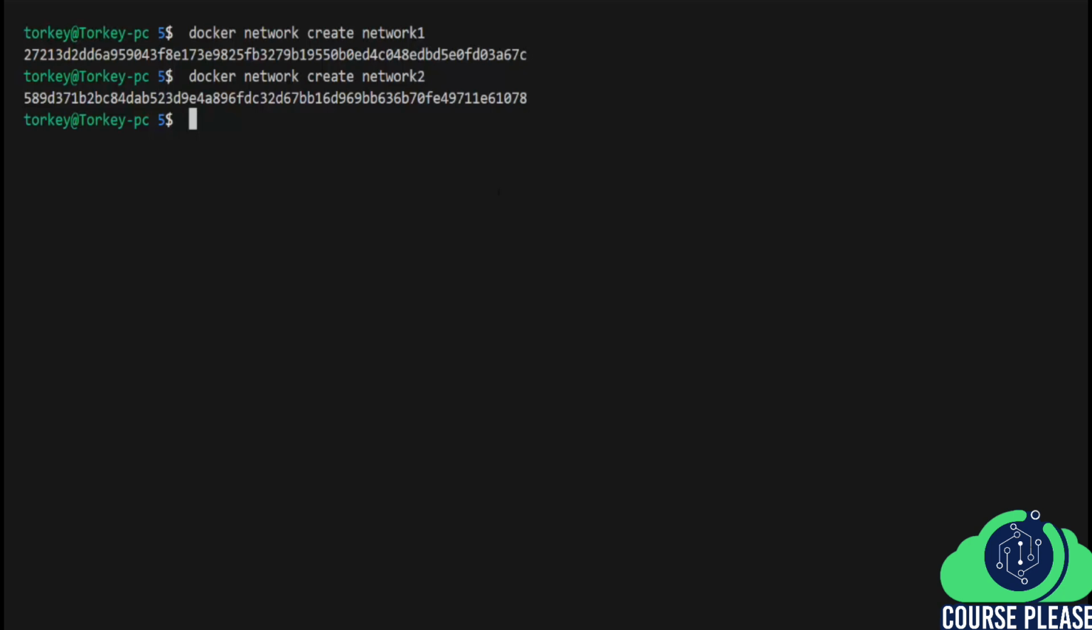Next, we will run two simple web server containers, each attached to a different network. To demonstrate, we will deploy an Nginx container on network1 and an Apache container on network2. Let's start with the Nginx container. So let's execute docker run -d --name nginx_container --network. Then we will create this container on network1, and the image we will create the container from is